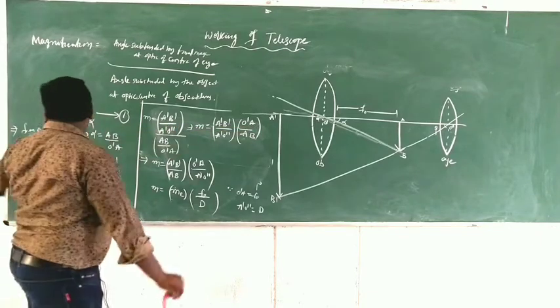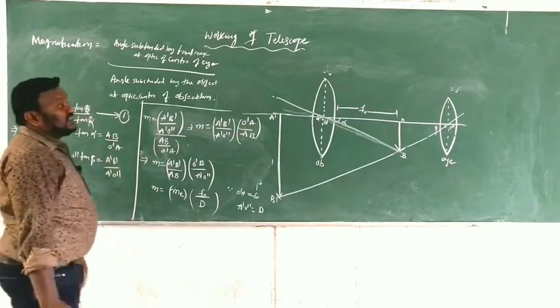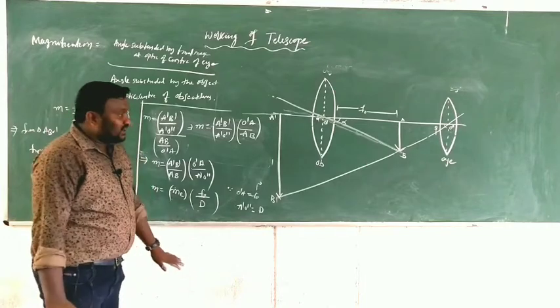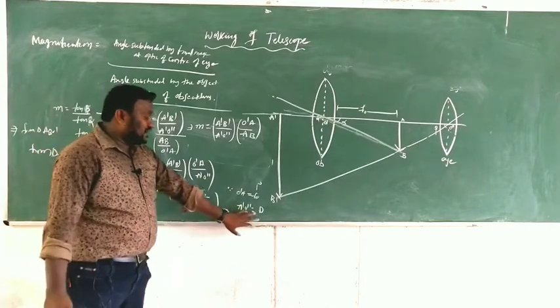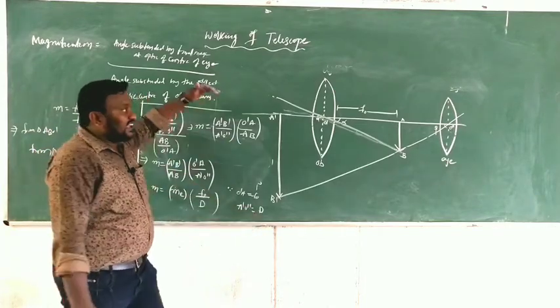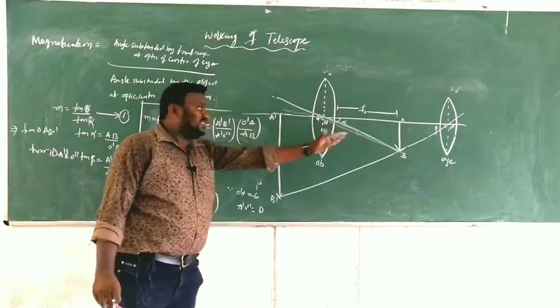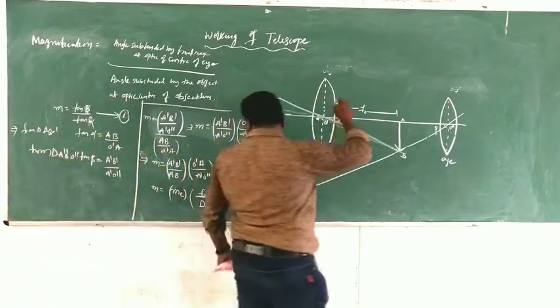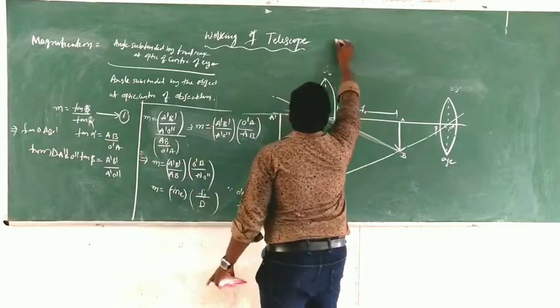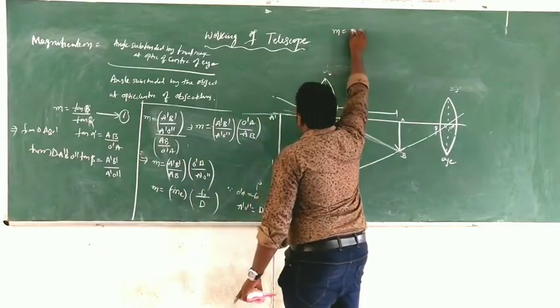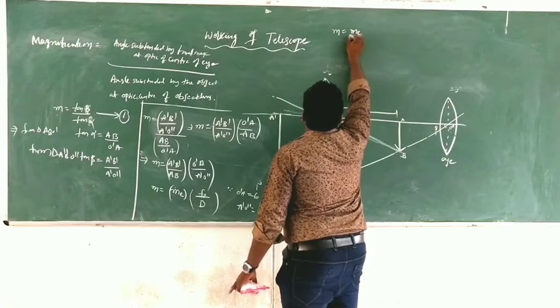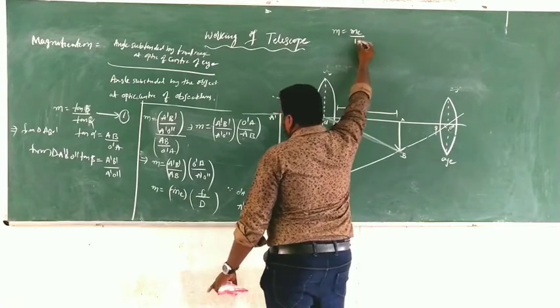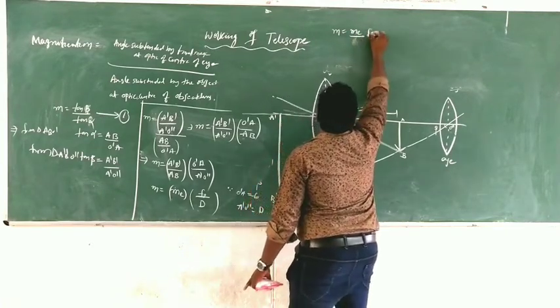Least distance of distinct vision. That's why here what we take, this is plus or minus. Incident ray is coming in this direction and we are taking it in the opposite direction. That's why we get minus D. Then M is equal to ME into, or simply I am writing, F naught by minus D